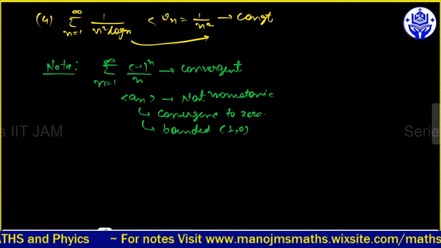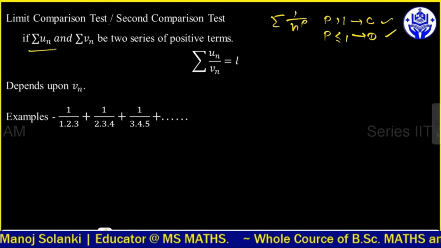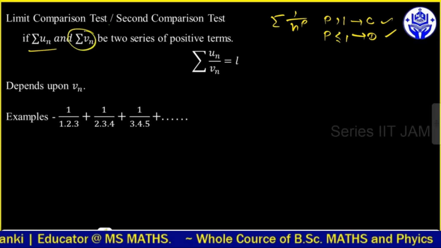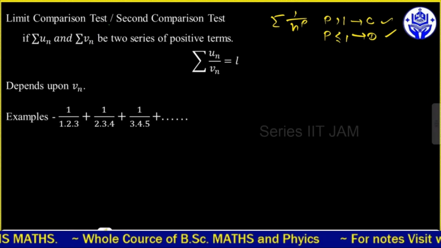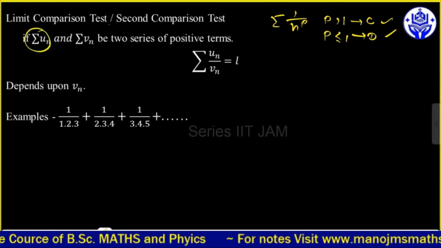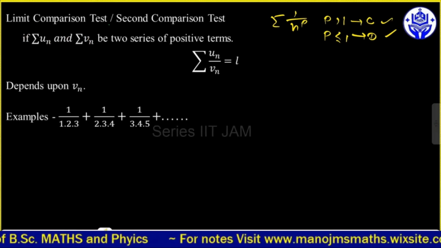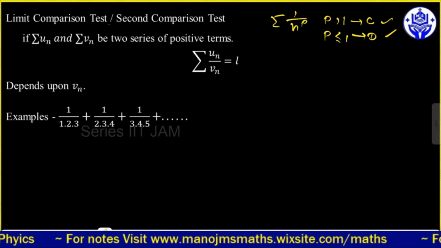हम बात करते हैं यहाँ पे दो सीरीज अगर हम लेंगे, हमारे पास में UN कोई एक सीरीज है और VN भी एक कोई सीरीज है, टू सीरीज ऑफ पॉजिटिव टर्म्स, ये दोनों पॉजिटिव टर्म्स की सीरीज है। UN हमको गिवन होगा, VN हमको एज्यूम करना पड़ेगा, बट कैसे एज्यूम करेंगे हम आपको बताएंगे। अब बात करते हैं, अगर आप Vn और Un दोनों का रेशियो लेते हैं और उसमें